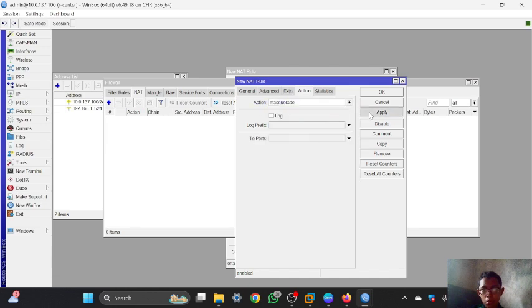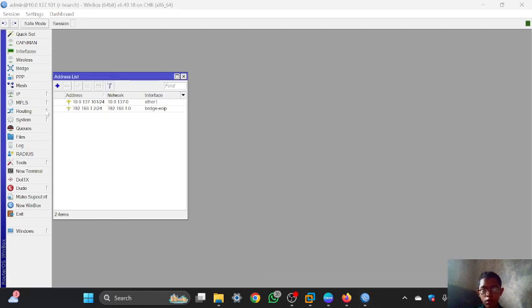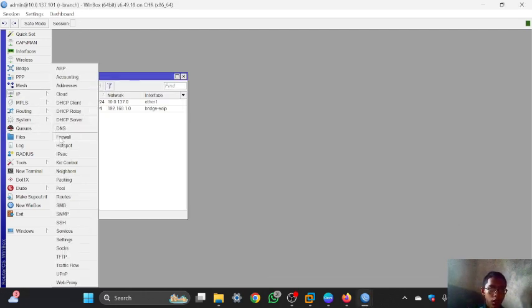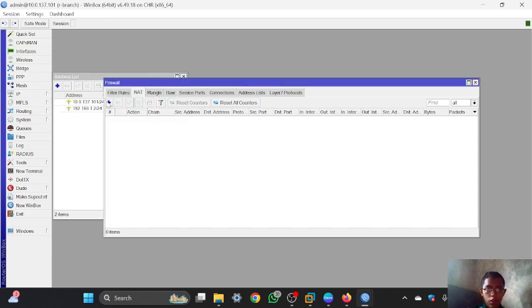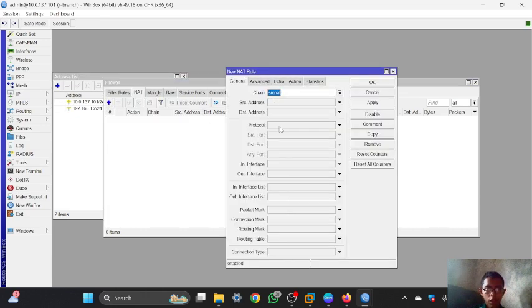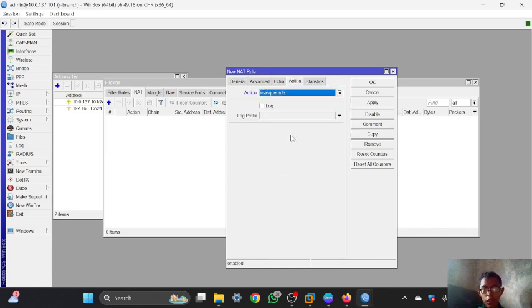And you can click apply. And you can also configure it in the router branch. You can go to IP and then firewall, and in the NAT you can click add. The out interface is Ethernet 1. The action is masquerade, and you can click apply.